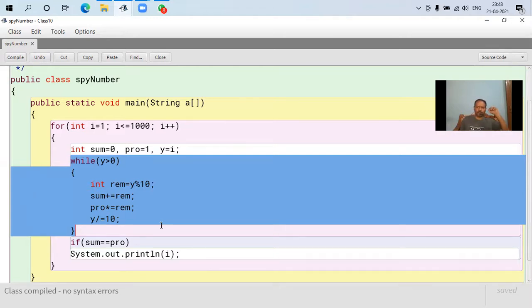Now, what happens if we do that? The program becomes easy to debug because we need to check only the certain block of code which may contain the error. We need not check the whole program from top to bottom. We only need to check where the possible error may be. This way, debugging becomes easier.